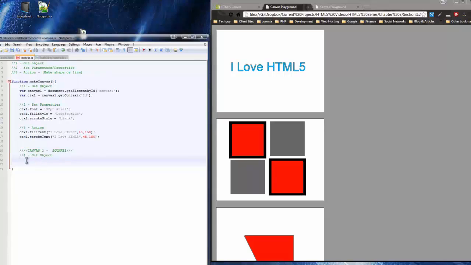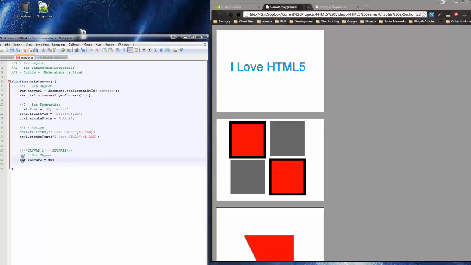So we want to do pretty much the same thing here, just with canvas 2. First of all, we gotta make a VAR, which is just saying that you're gonna create a variable right here. So VAR canvas 2